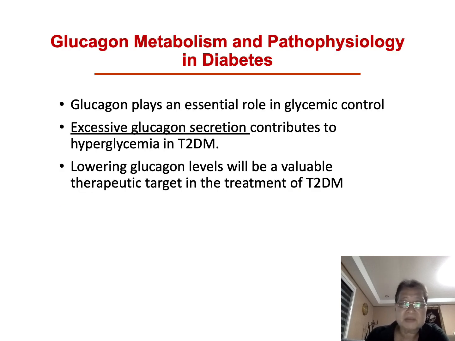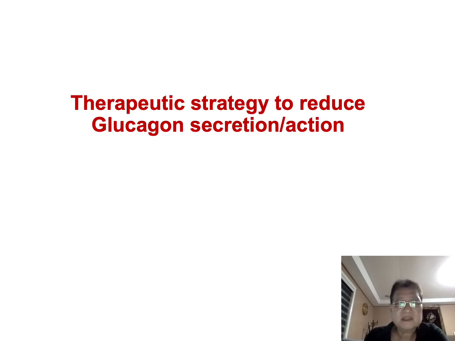Now, in terms of type 2 diabetes, the rationale in antagonizing glucagon as a therapeutic value is because we know that in type 2 DM, there is hyperglucagonemia, or excess or inappropriate glucagon secretion, and lowering glucagon level will be a valuable therapeutic target in the treatment of type 2 DM. Okay. Now, basically, antagonizing the effect of glucagon either by inhibiting the secretion of glucagon in the alpha cells